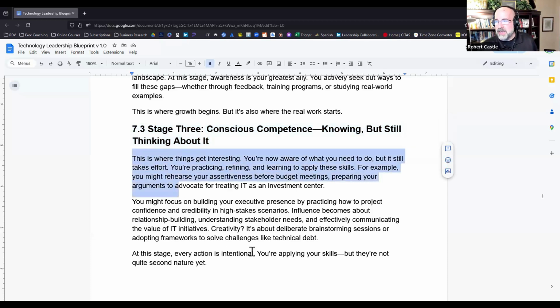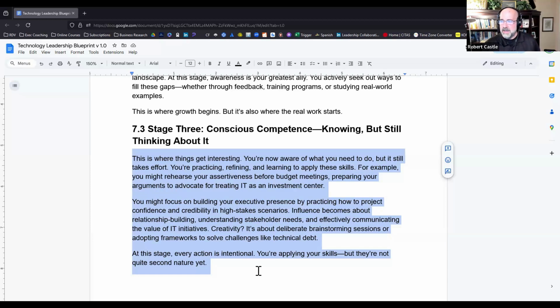This is where things get really interesting. You're now aware of what you need to do, but it still takes effort. You're practicing, you're refining, and learning to apply these skills. For example, you might rehearse your assertiveness before budget meetings, preparing your arguments to advocate for treating IT as an investment center. You might focus on building your executive presence by practicing how to project confidence and credibility in high-stakes